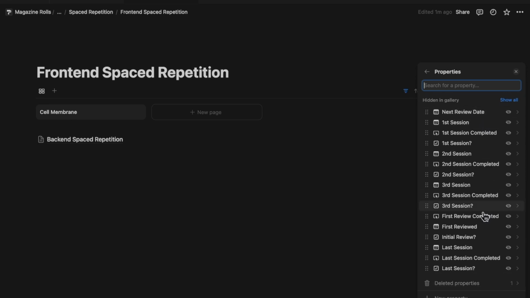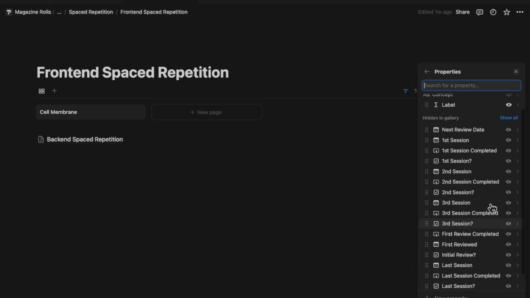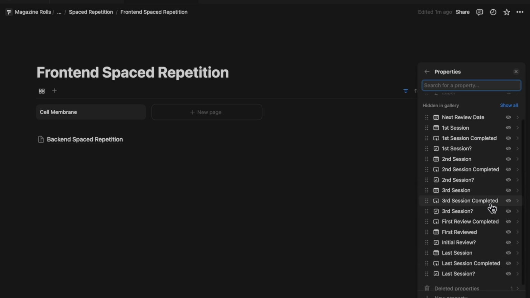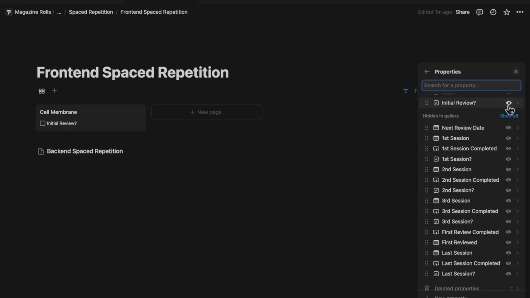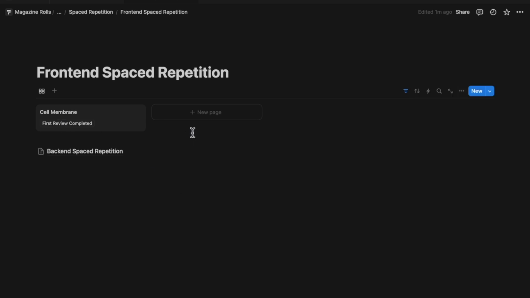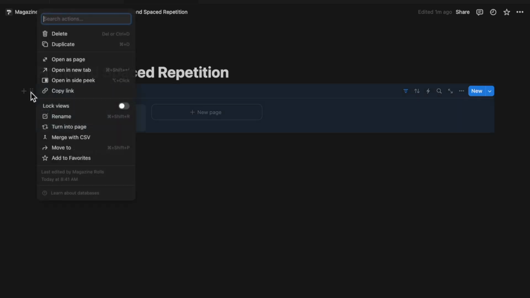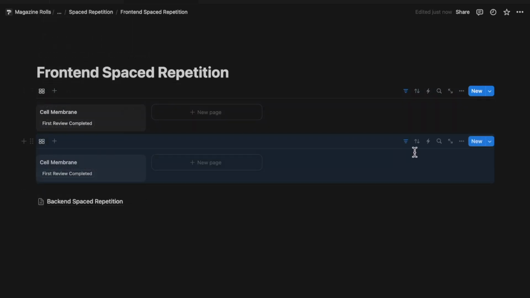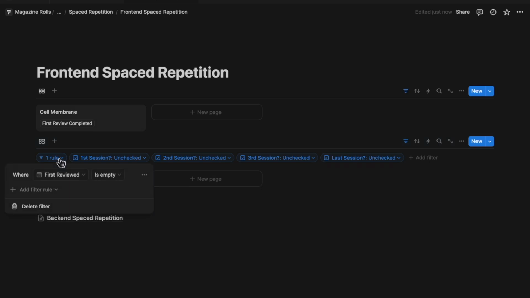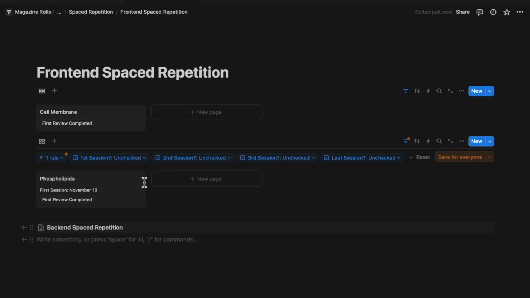And then we're going to keep one button, and the button that we're going to show is, where is it? Initial review. No, that's a checkbox. Where's the first review completed, right? So this button is going to push it into the next section, and I'll just show you how that works. We're going to duplicate this, right? Here, this should be not empty, right? Because now,